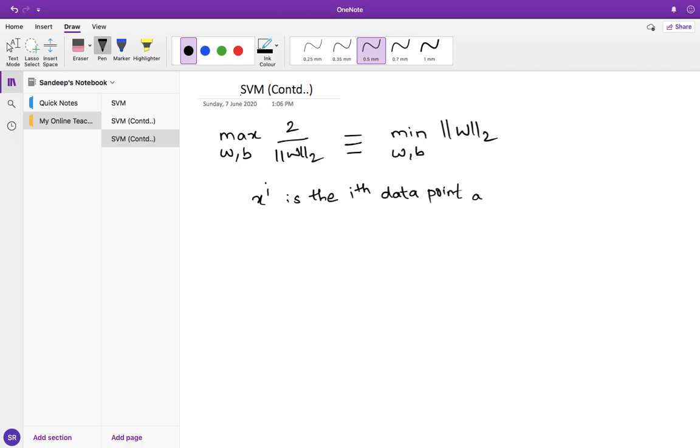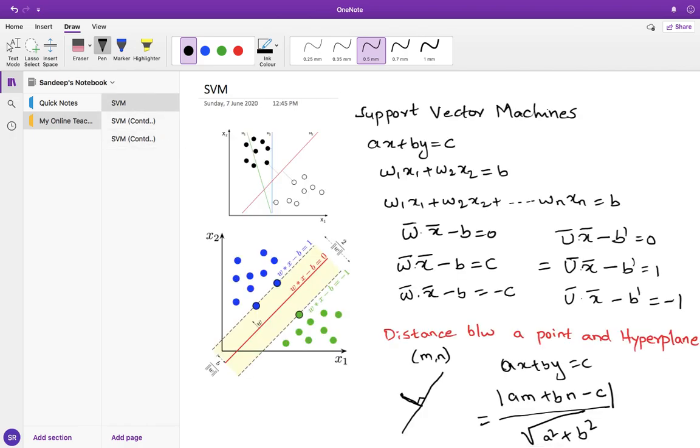Associated to yi. Y is a class, the class output, like which class it belongs to. So it can be either 1 or -1. It can be any of these two classes. So let us try to see how the constraints can be established. Now substitute each and every data point here. Consider this is x1, x2, x3, all different data points. Substitute, and we know what the condition is.